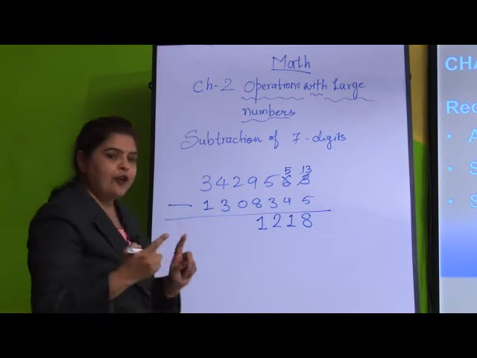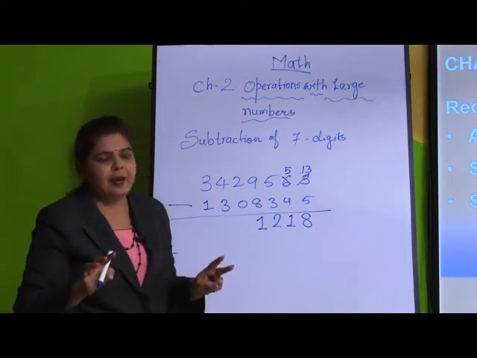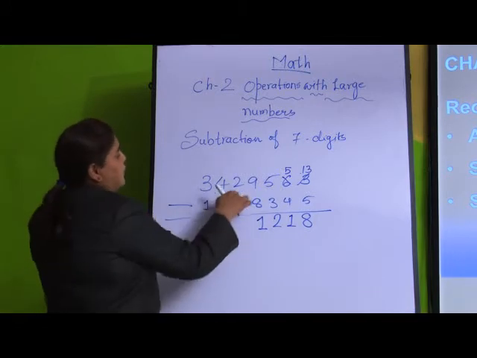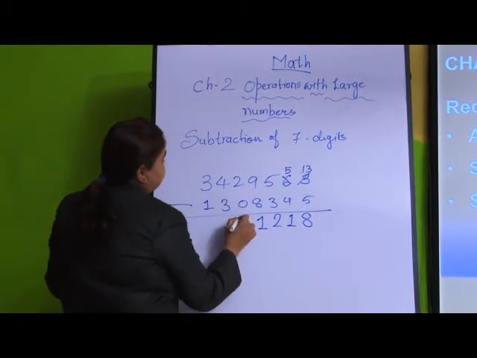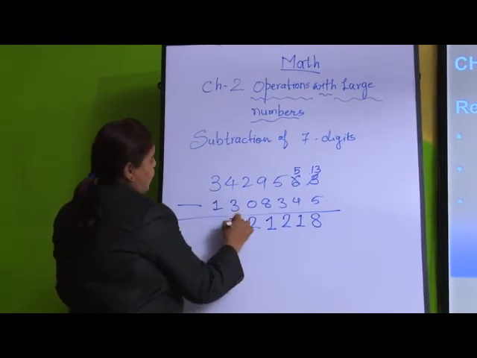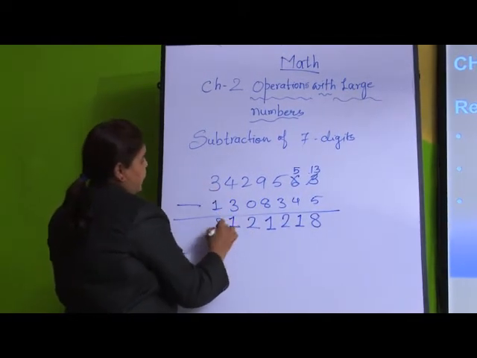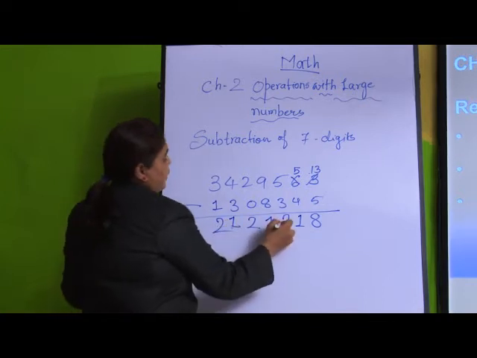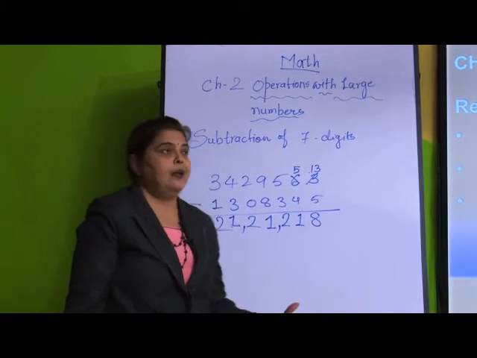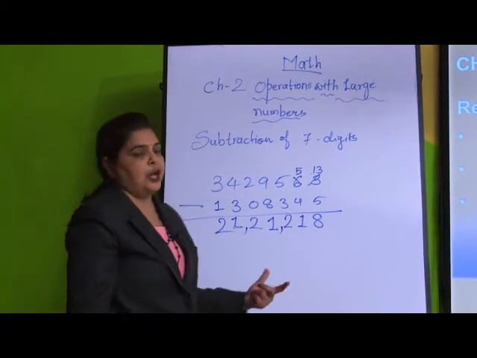No. If you are having 2 mangoes, you do not eat any mangoes, then how many mangoes are left with you? 2. So, any number minus 0 is the number itself. Here 4 minus 3 is 1 and 3 minus 1 is 2. So, now putting the commas, you can read out the number we get after subtraction.